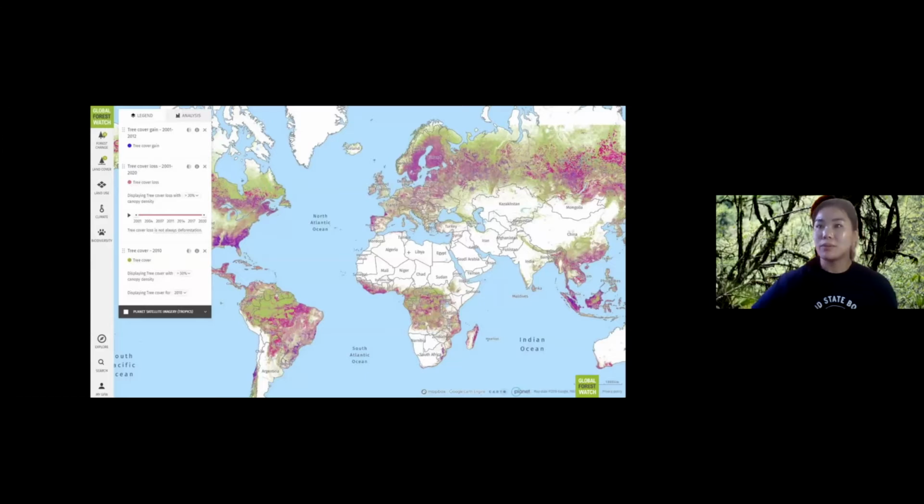So before we go into detail on the Global Forest Watch site, I just wanted to give you a first look at what our website looks like. The data sets that are pulled up right now, the green pixels here are tree cover. So that's where forests are around the world. The pink pixels that you'll see there are tree cover loss on an annual basis. And then the blue pixels, which sometimes look purple because they blend in with the pink, are tree cover gain